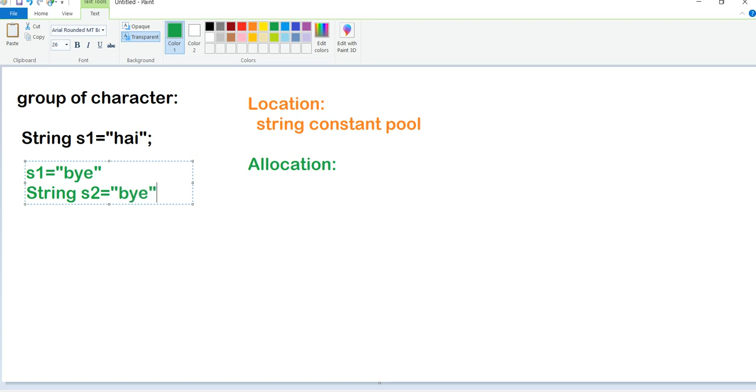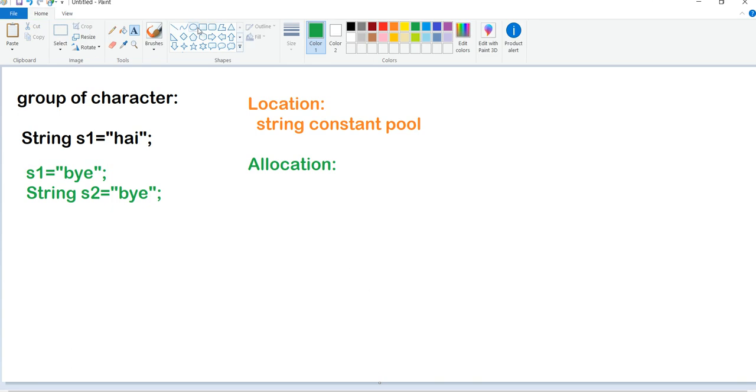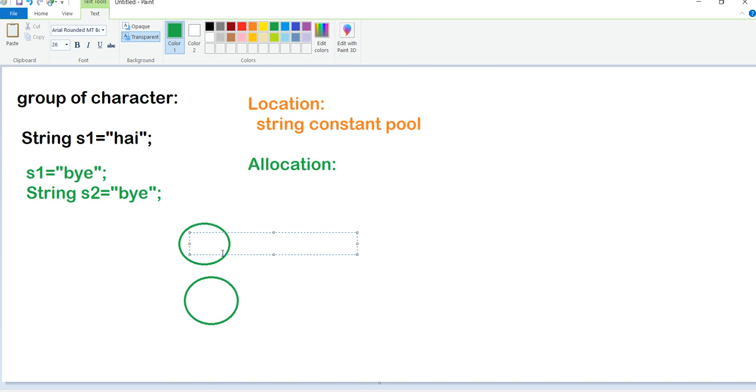Last time, with the same data, it was created as a new object each time. Now, first the data could be stored here, say "hi", then later "by", and from here somewhere s1, somewhere s2.